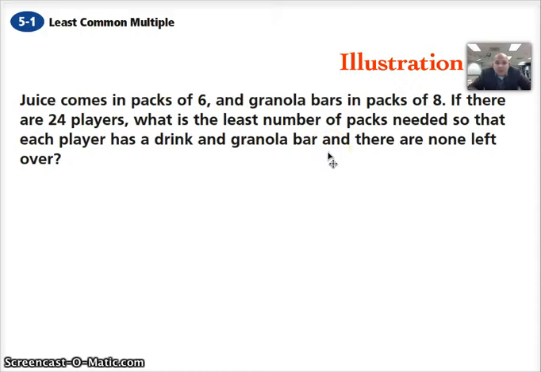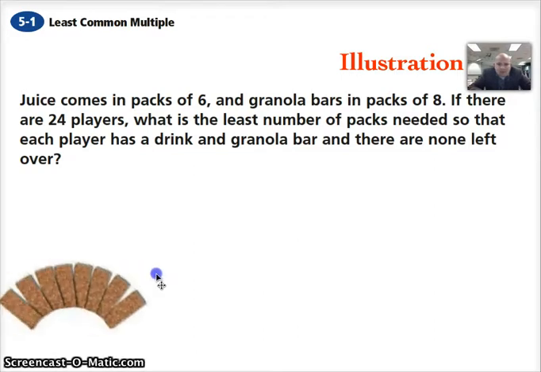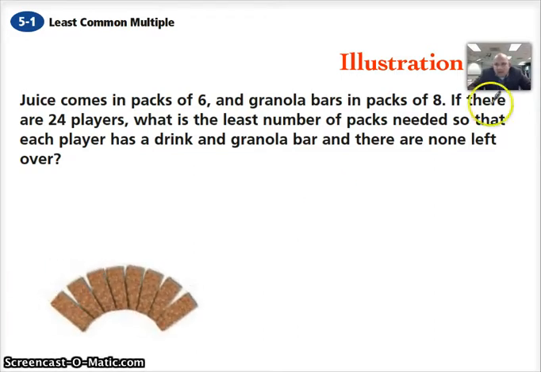and granola bar and there are none left over? So we're looking for a multiple of both 6 and 8 that is common to both and is the smallest multiple possible. Let's go ahead and take the biggest number, and this is going to be a hint later on down the road for you as well. We're going to take the 8. There are 8 granola bars in that pack. And then we're going to take the 6